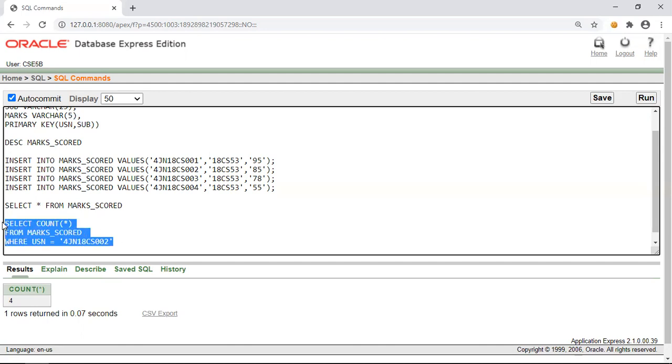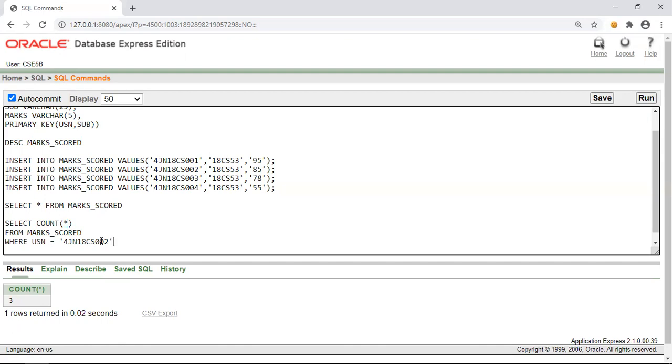So now it should return the value 3. So 3 subjects have been entered. So this is about the count. Count always returns the number of rows based on the condition which we have applied.